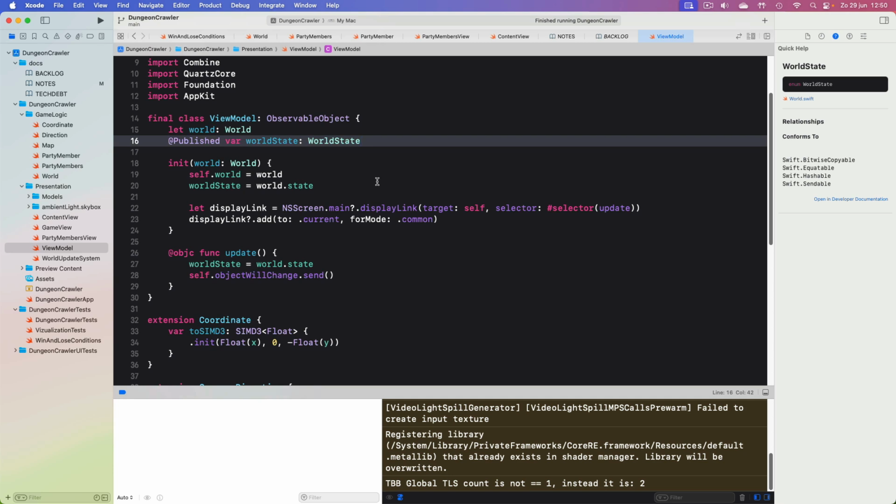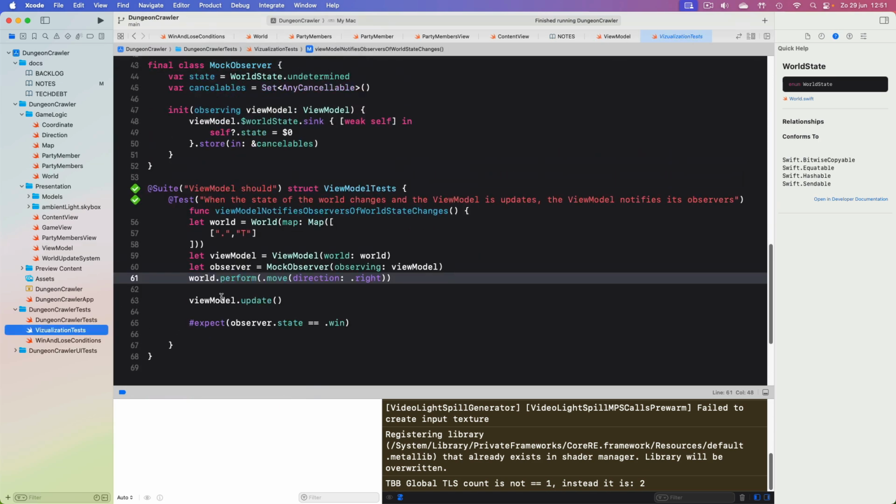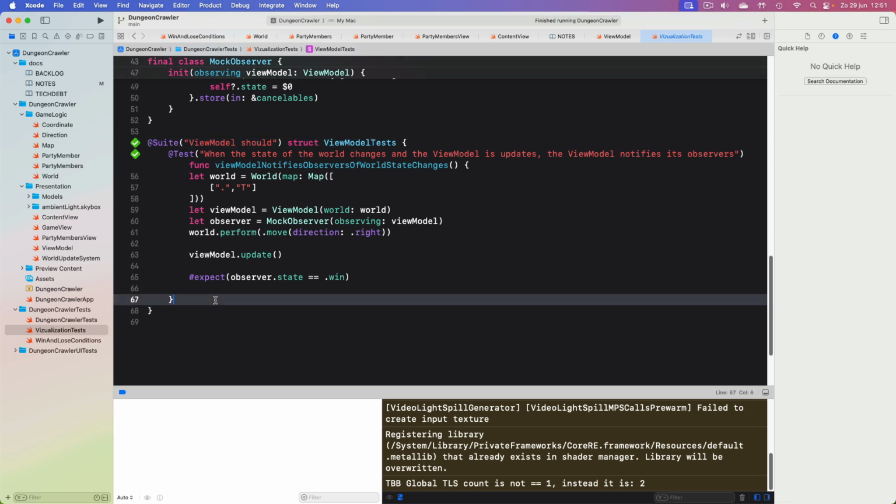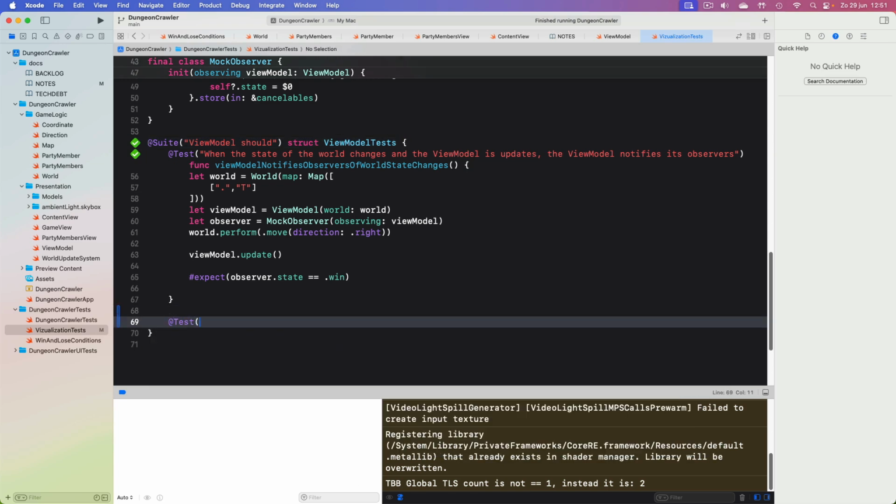We would need something similar for party information. So let's see. So we might already have some view model tests. Let's add a new one. When the hit points for a party member change,